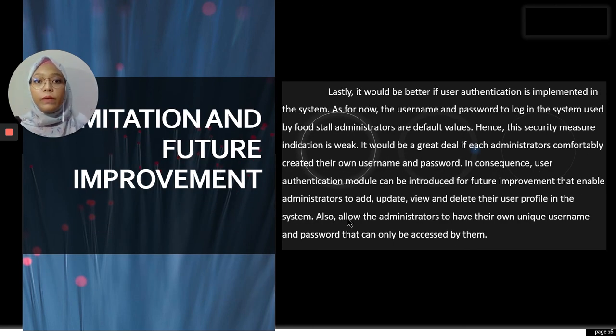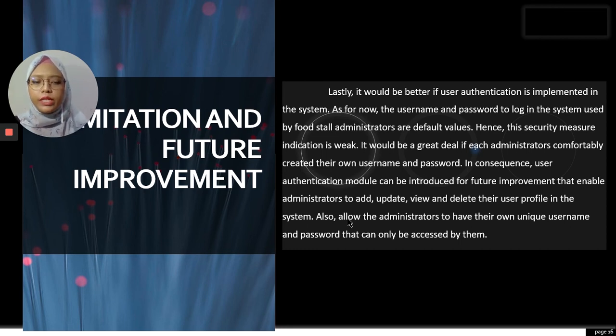Lastly, it will be better if user authentication is implemented in the system. As you know, as of now, the username and password to log in to the system used by food stall administrators are default values. The admin cannot decide what the username and password are. Hence, this security measure is weak.